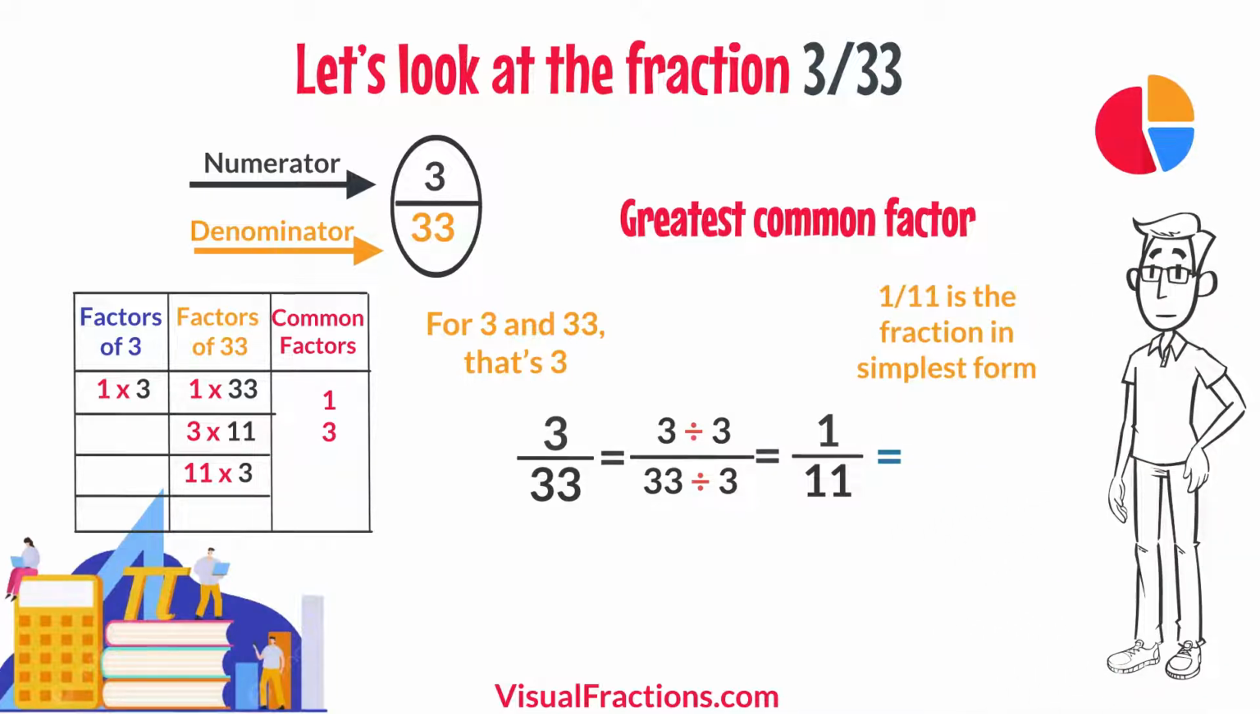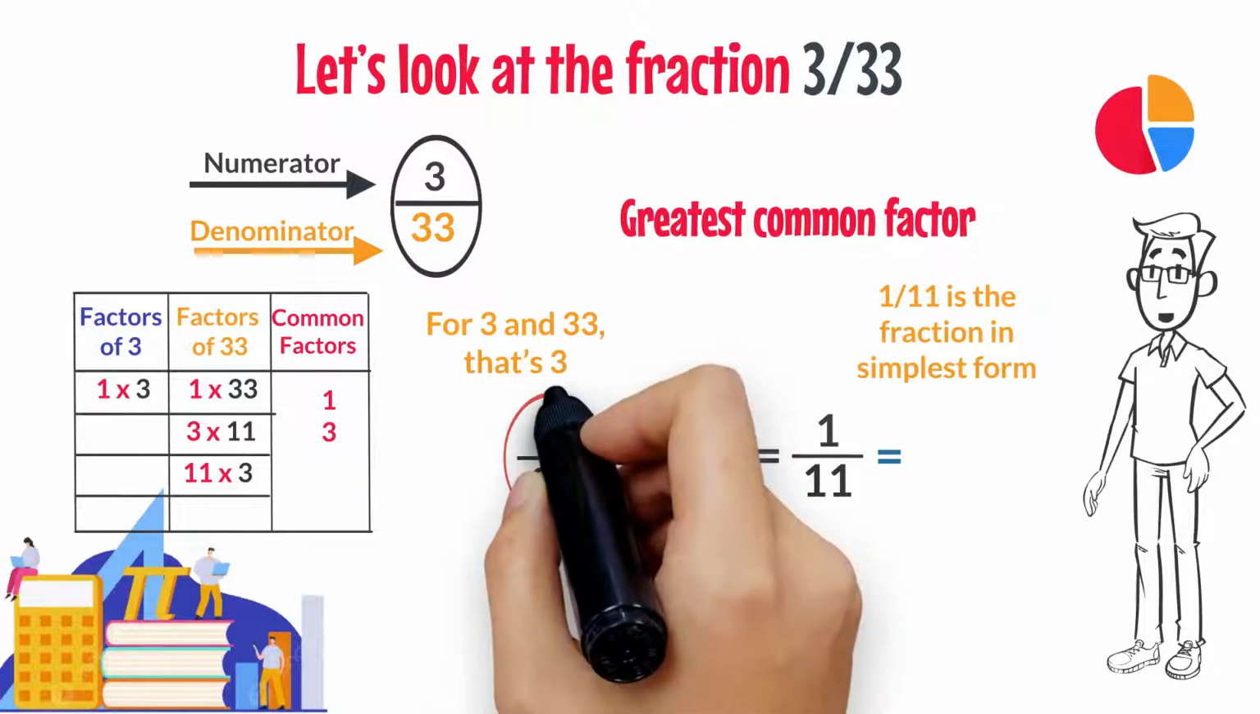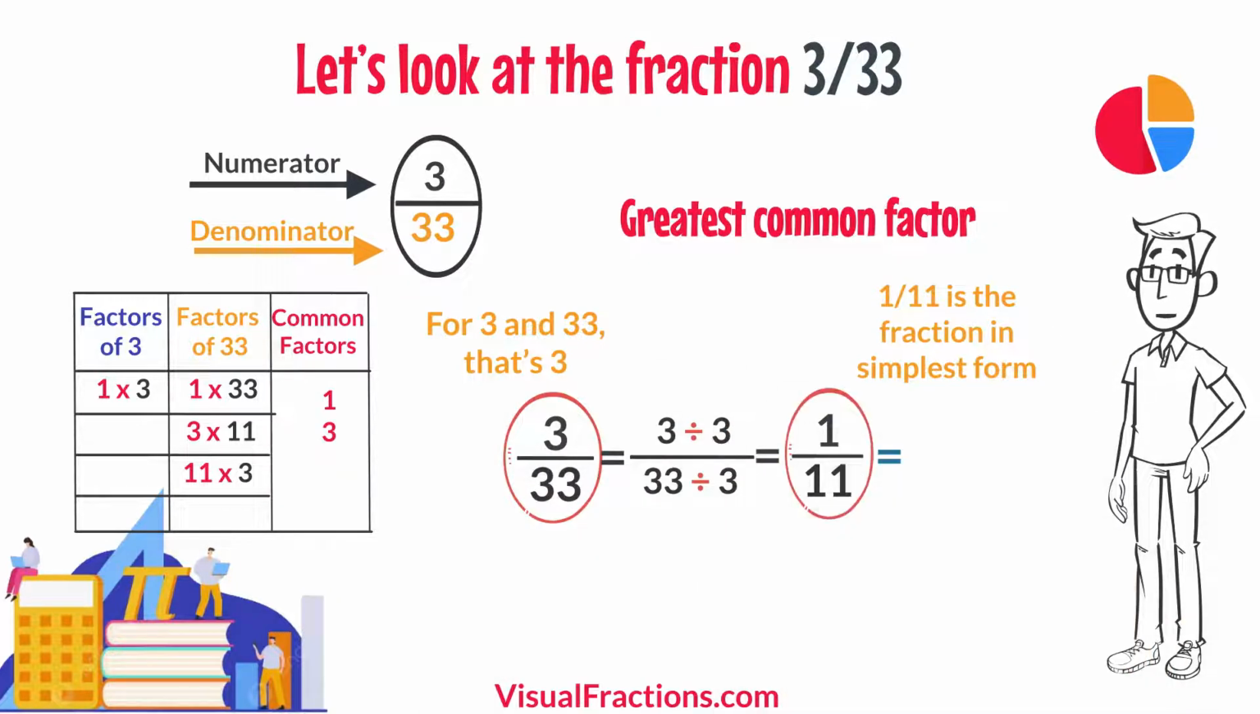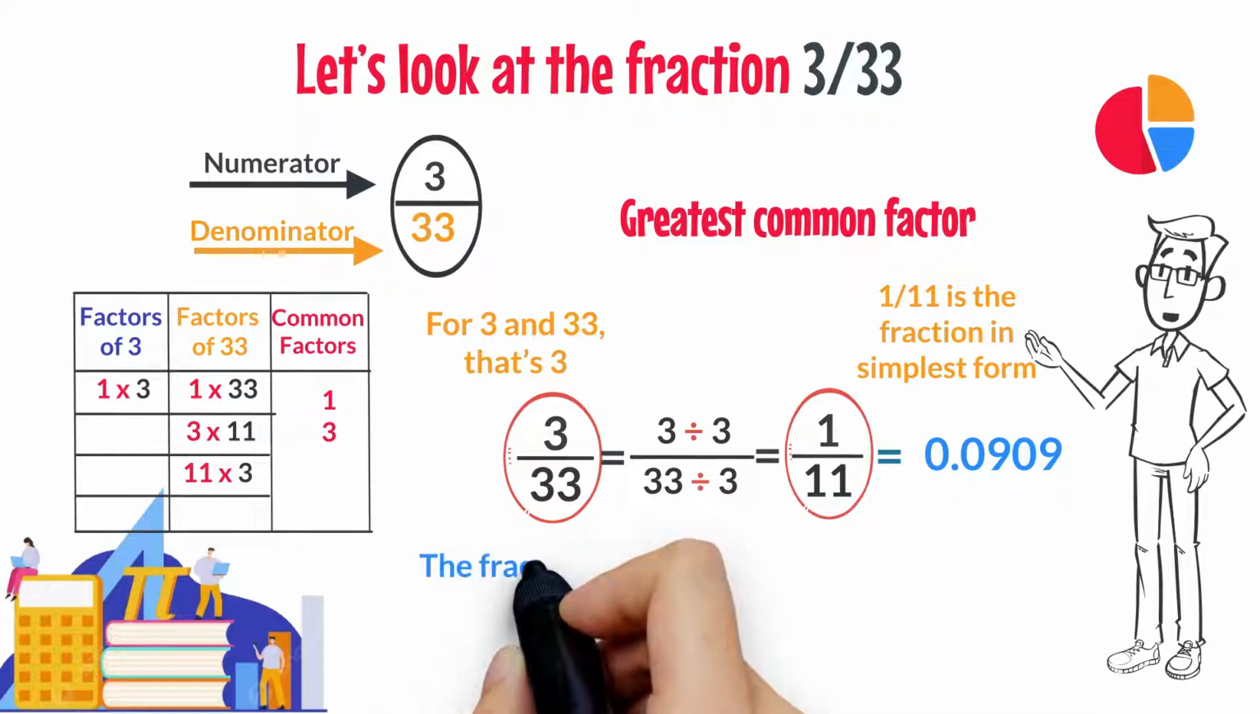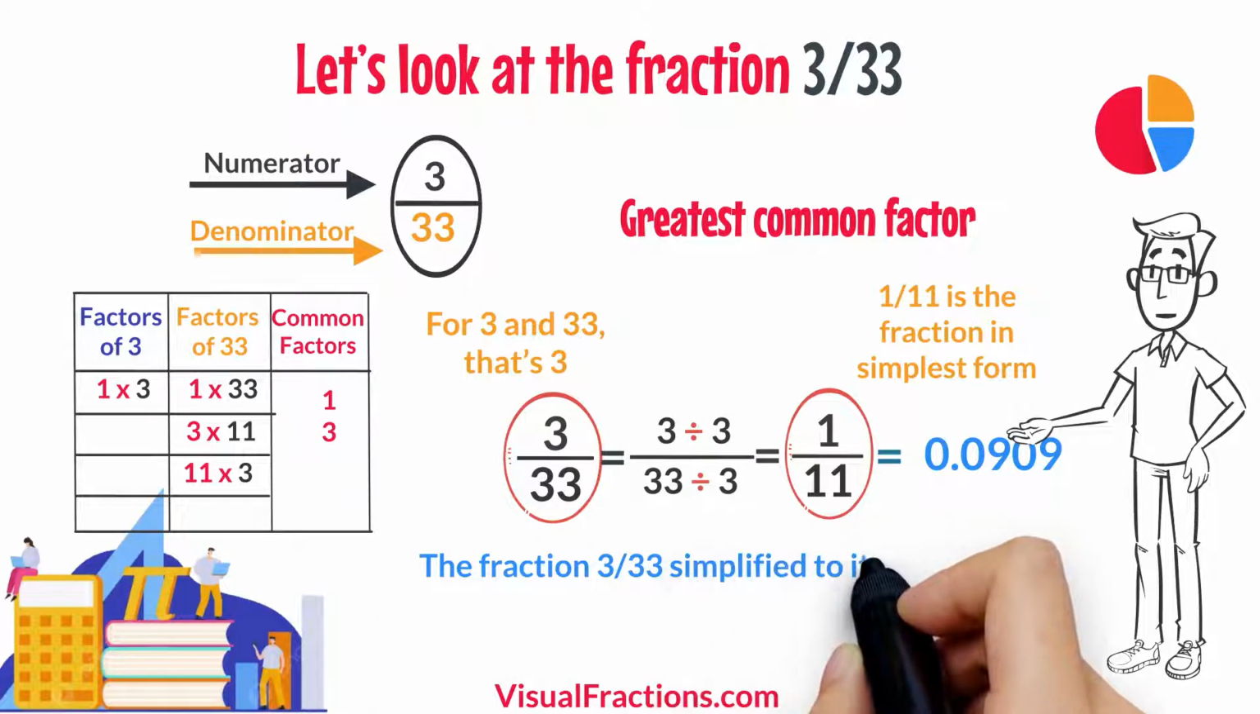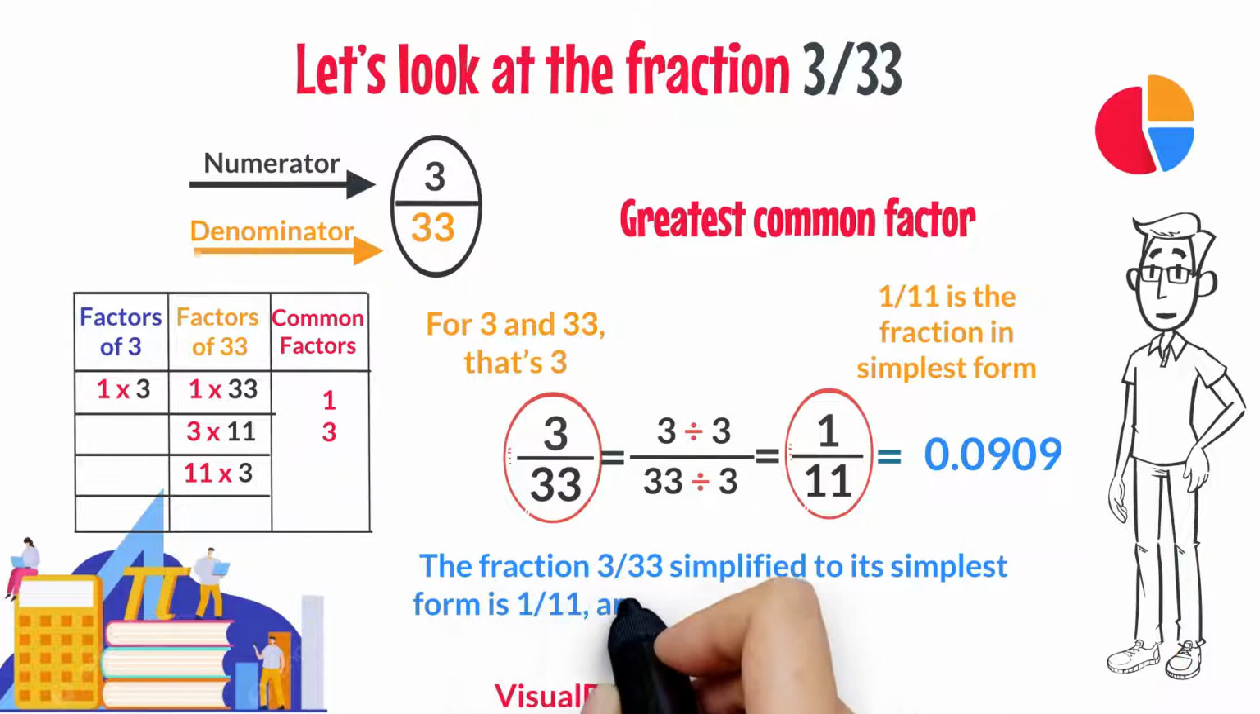any further. It's important to note that both the original fraction 3/33 and the simplified fraction 1/11 have the same decimal value, which is approximately 0.0909. This shows that although their appearance may change, their value remains consistent. So, there you have it. The fraction 3/33 simplified to its simplest form is 1/11, and in decimal form, it's about